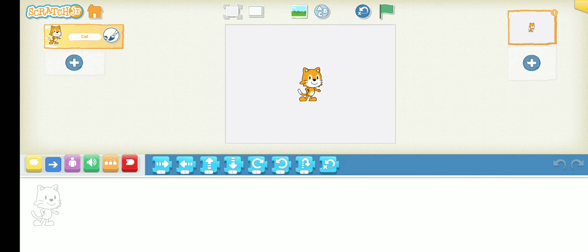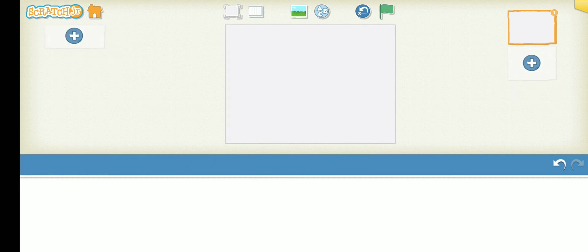Let us understand the components which are present on the screen. First is your cat, that is your image. You are going to program this cat to move forward, backward, down and up. But in case you don't want this image, you can delete it also. For deleting and changing the image, you have to long press the cat and then the cross sign comes. Press on that cross sign to delete it.